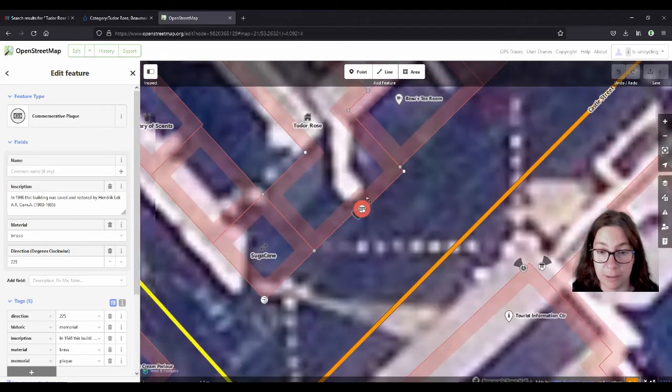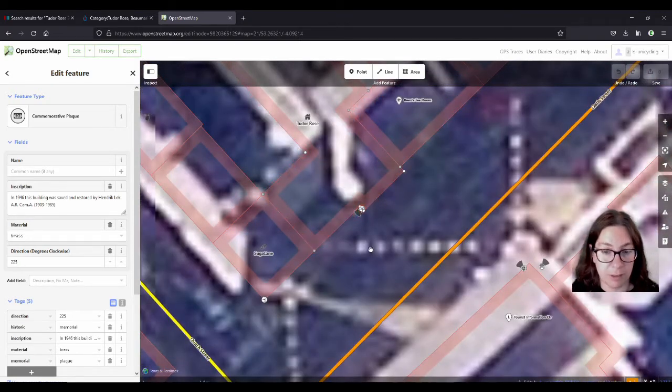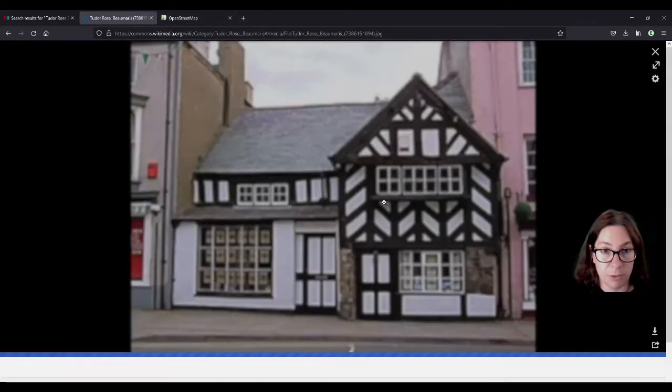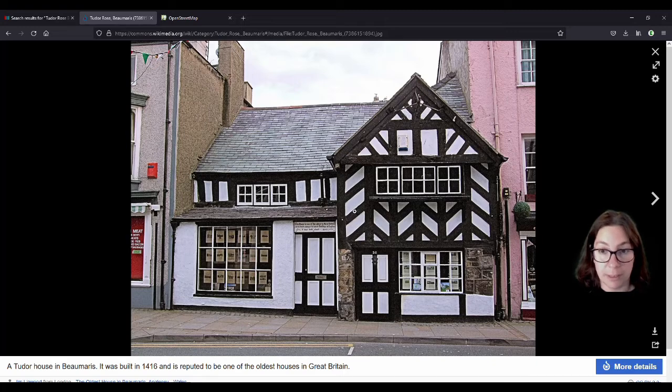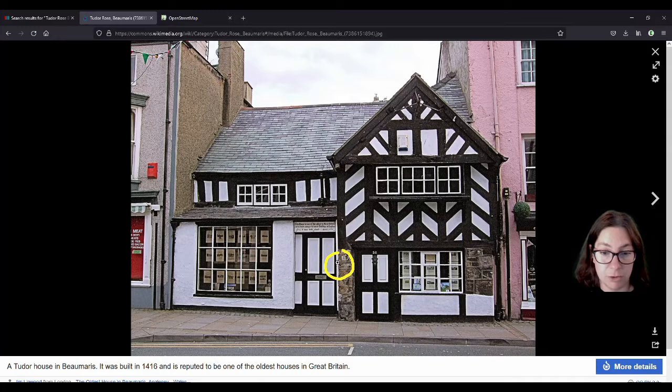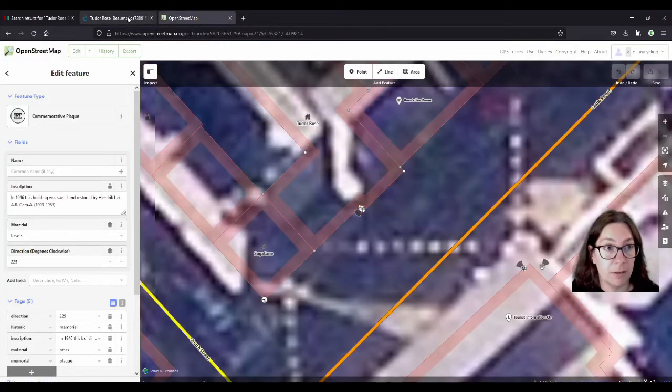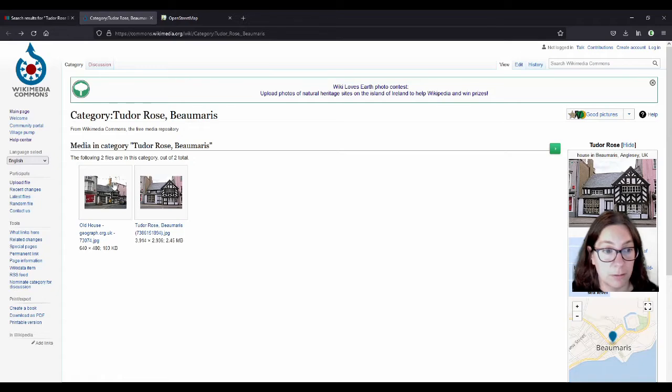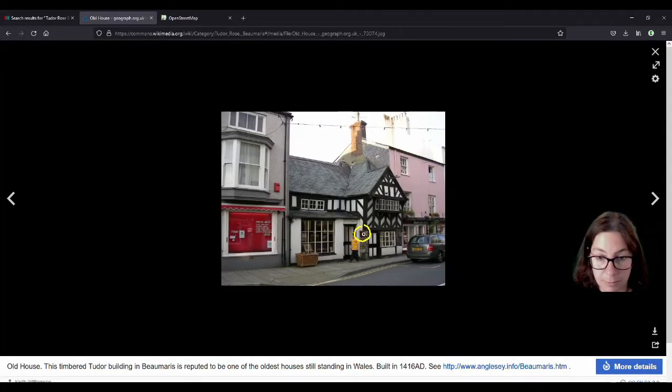I had to actually adapt the outline yet again of the house because I got it a little bit wrong. It looks like this. Could have shown you that before. So this is what it looks like, and I used that for the thumbnail in the last video about it. You see only this part here goes a bit out into the pavement. I had gotten that wrong, but I fixed it now. So that's this bit here, and the plaque is just there. It's actually visible in the other picture. Here, there is the plaque behind that person.